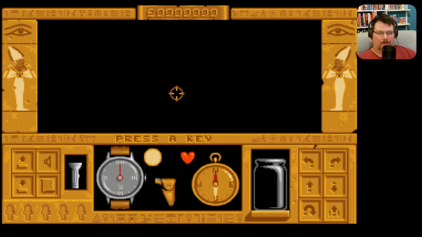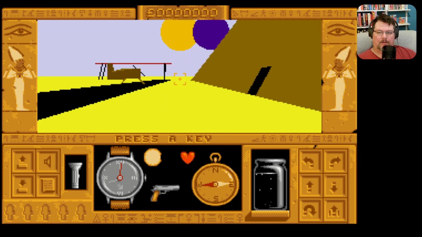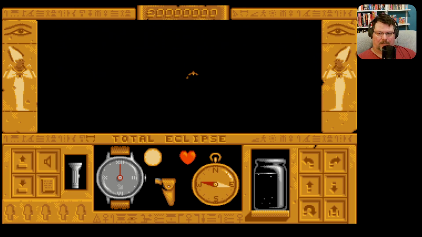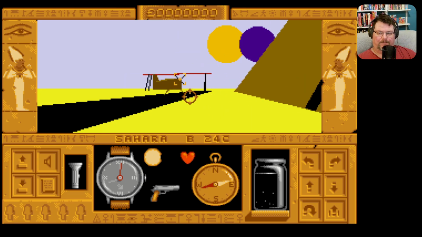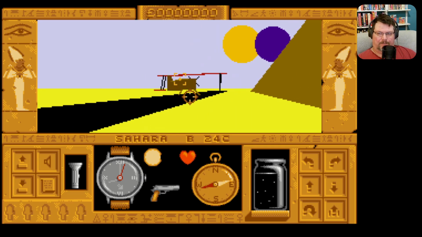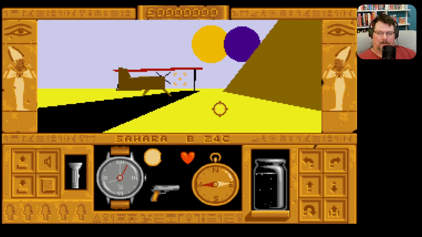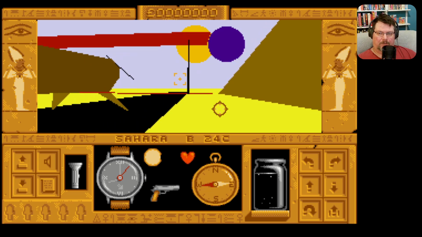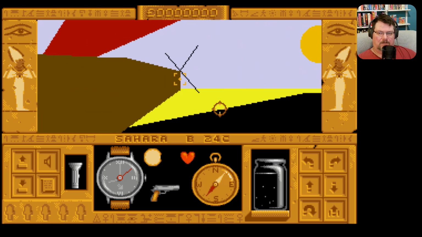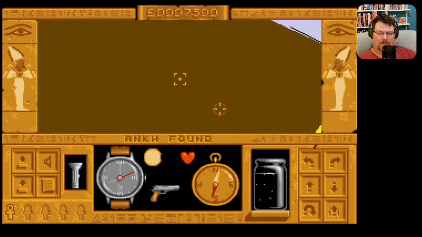Right. So this game is structured quite similarly to Dark Side, which we've previously seen on this channel. Let's just run in the demo. So let's just make a start. Okay, so in this game you can walk around from a first person perspective. You can grab an ankh